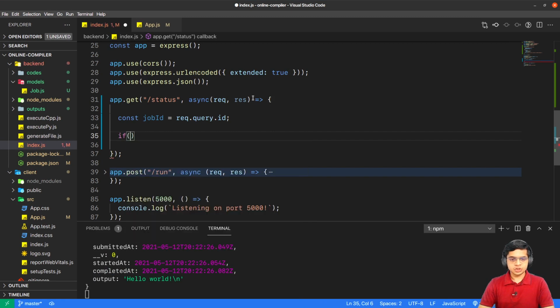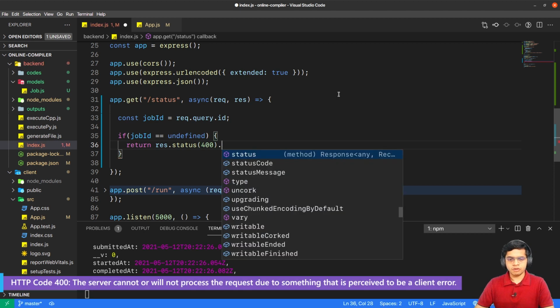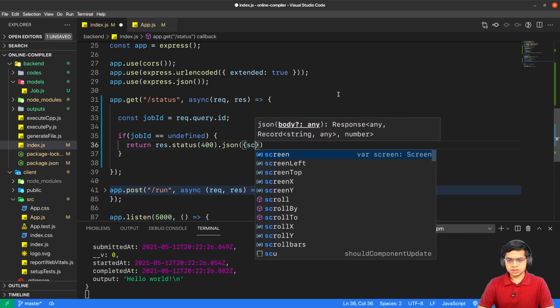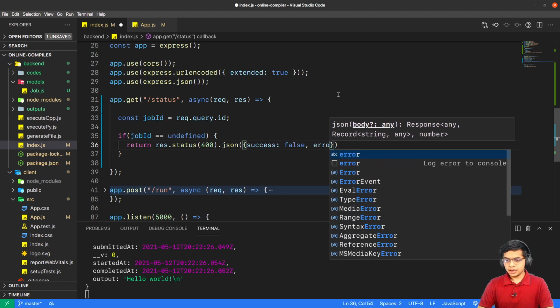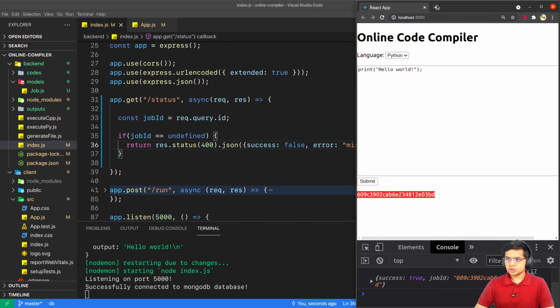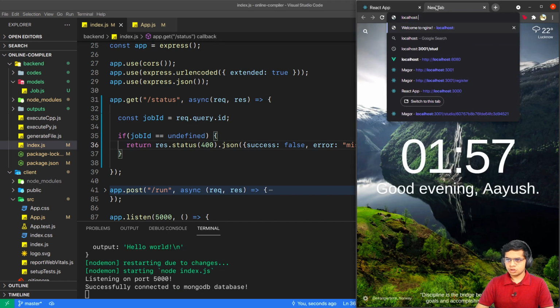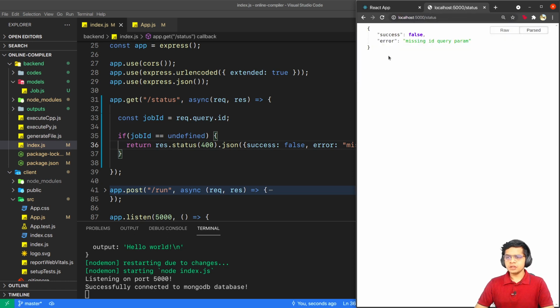Now if this id does not exist, if jobId is equal to undefined, I'll just return a response with a status 204 which says that you have a bad request, and the message would be JSON success false, and error is missing id query param. So I'll go over to localhost 5000/status, and this will give me success false, error missing query param.